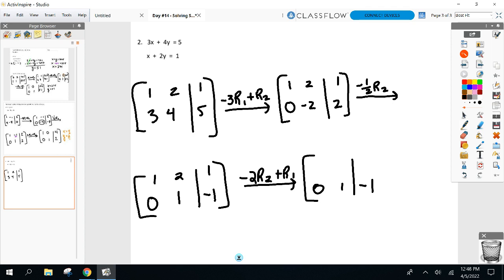And look, that 1 stays a 1. That turns into 0. How do I get there? 2 plus 3. 3. X equals 3, y equals